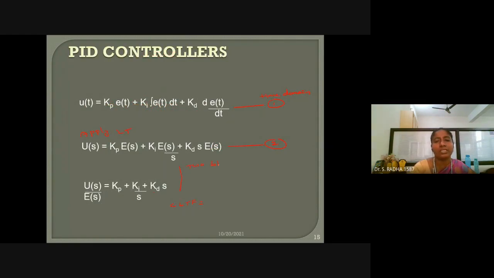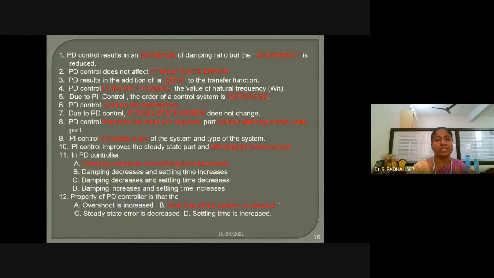the transfer function will be Kp plus Ki divided by S plus Kd into S, multiplied with omega n square by S into S plus 2 eta omega n. This is G of S finally. And closed loop transfer function means G of S by 1 plus G of S, with H of S equal to 1. So we can just derive it, but for online exam sake, we need not remember all these equations.